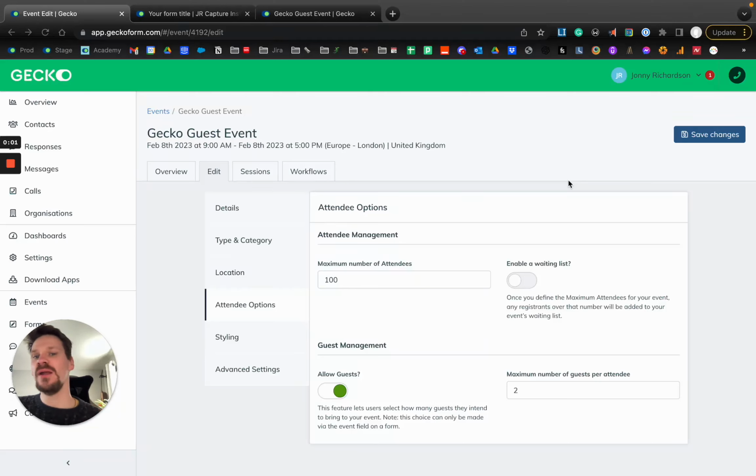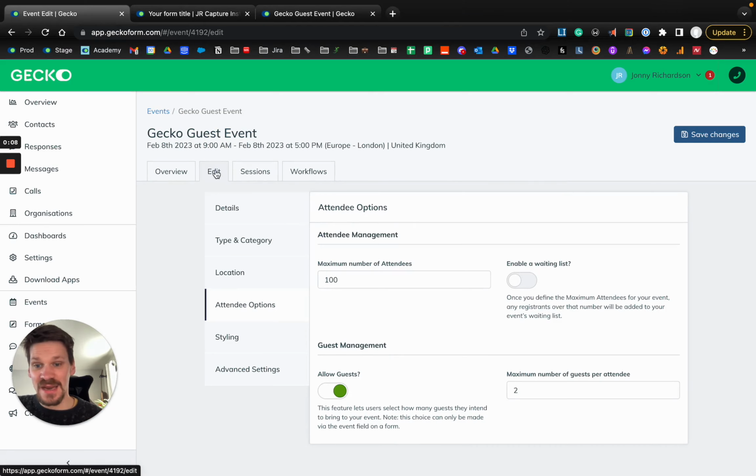Every event you run on Gecko has the ability to track guests. That is, coming into the event, going to edit, attendee options, and toggling allow guests to one. Here you can tell Gecko how many guests attendees are able to bring with them. And once you've saved this, when a student goes to book onto the event, they'll have the option to book